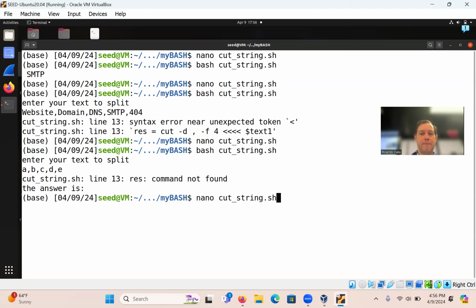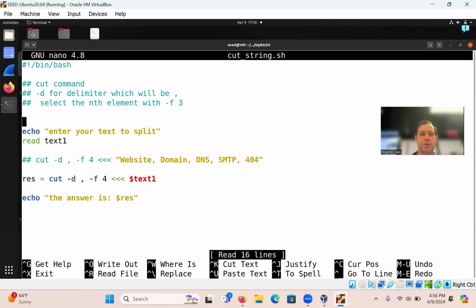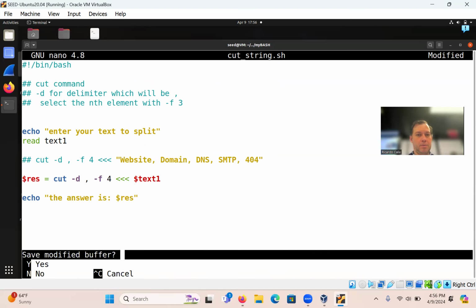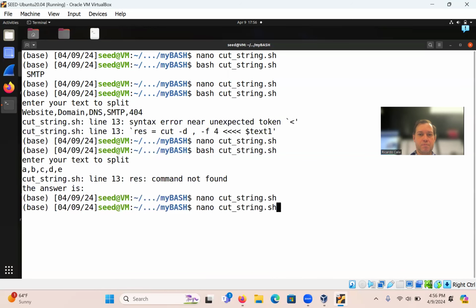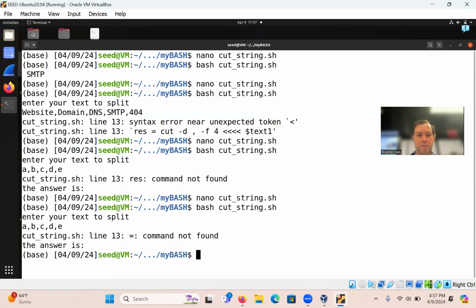Okay. So then let's try $res. Oh yeah. Okay. So A, comma B, comma C, comma D, comma E. Command not found. All right, so it's not liking that equal.